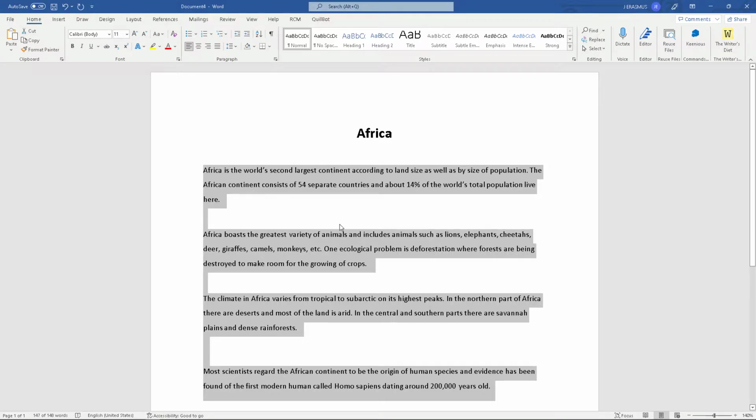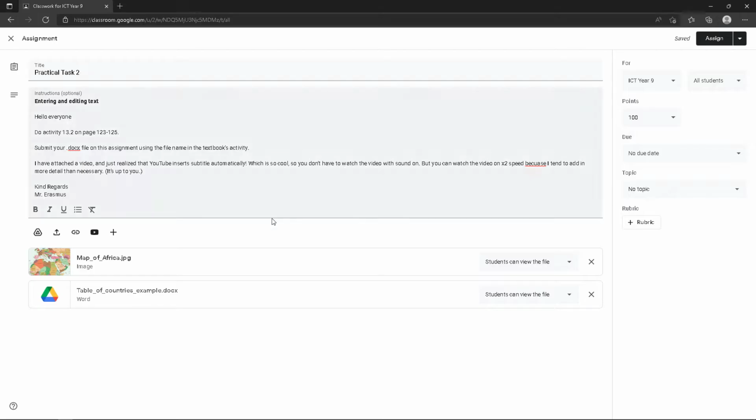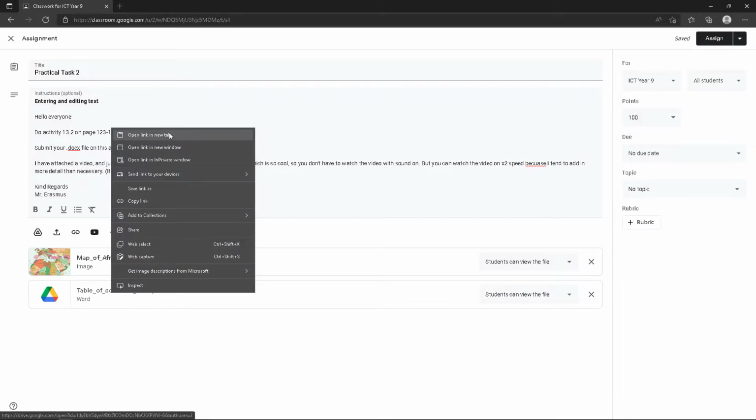The next thing is we have to insert the table that we used in the previous activity. So I have added this to the assignment, so you can just open it in Google Docs. So you don't have to download it, you can just open it there, and then we'll just copy and paste it